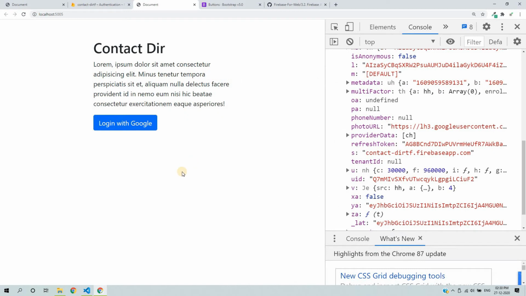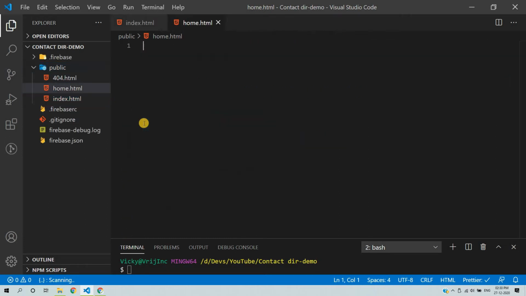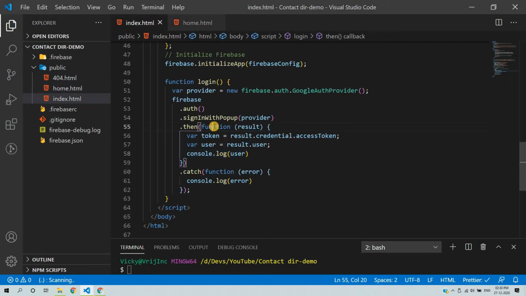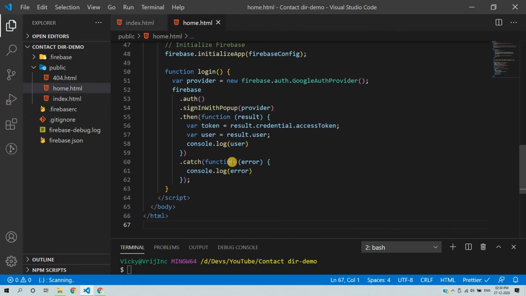So what I want to do, after successfully authenticating the user, is redirect to another page like dashboard.html. So we will create another page, dashboard, or maybe you can change it to home.html. What I will do right now is copy the entire logic and paste it here.